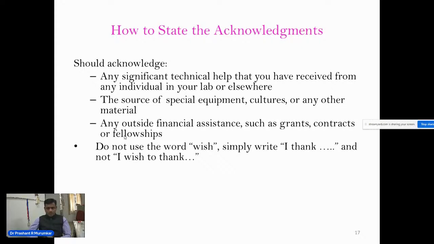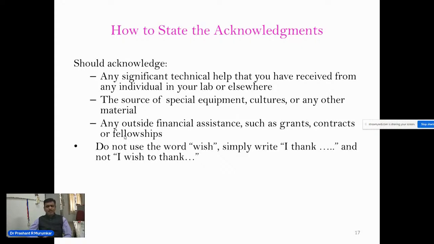Then another important aspect: most researchers are getting grants, fellowships, or some financial assistance for carrying out the research work. So this is the section where you can acknowledge any outside financial assistance, grants, or even an industry sponsored project, or a fellowship to carry out your research work. Again, it is up to the writer, but it is considered in general